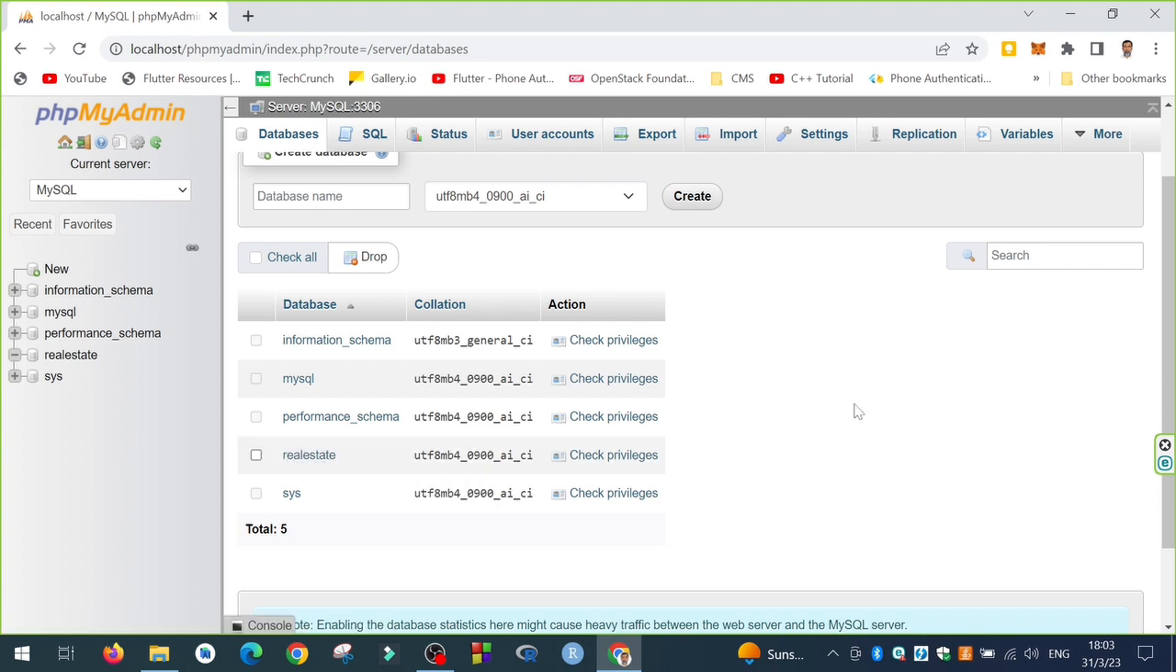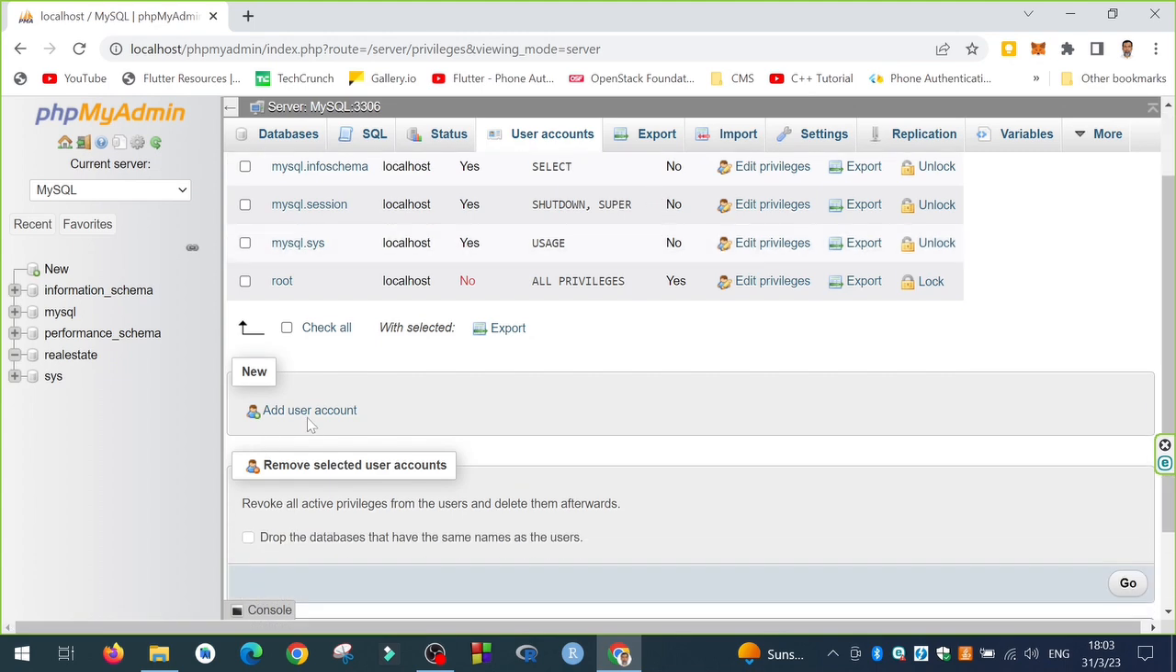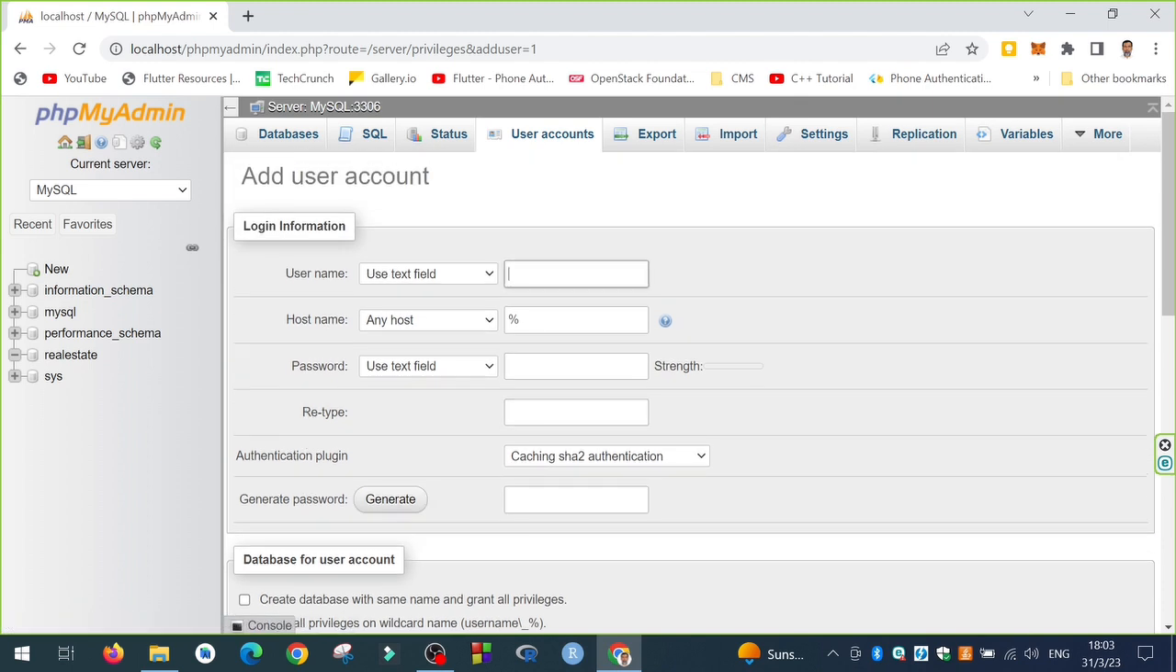The next thing is to create users. So we will go to the user accounts, and over here I will say add user account. First of all, I have to give the username. Let me give the username as Heather, for example, and the host is localhost. I will create user for this host. I will give any password, for example, ABC8123,